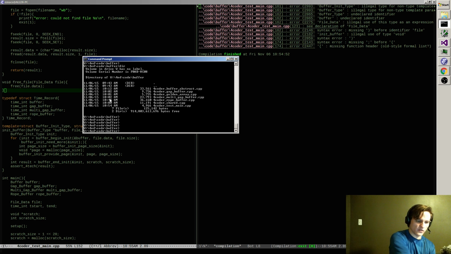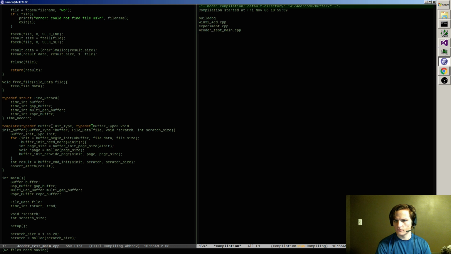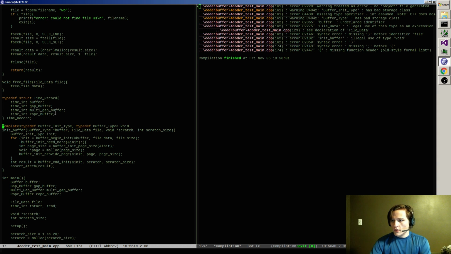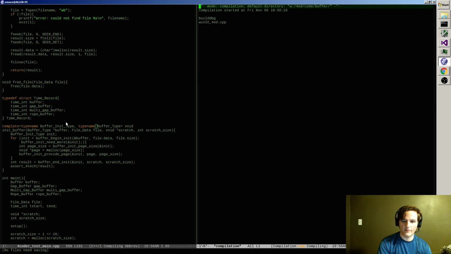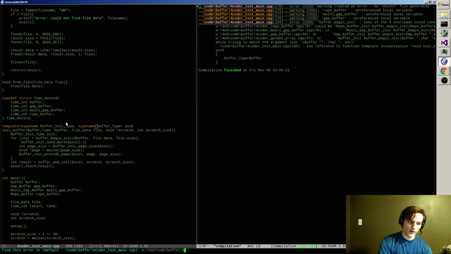It might also be that it doesn't like using struct in the template. I could switch to typename. I think it used to allow that, but we'll see. What do you know? Wow. Okay, that's pretty much the craziest thing ever. Now, what am I talking about? Typedef, typename. It accepts typedef, but not typename. Maybe it was just a different error. The fact that it has so wildly changed all of those times that I put something in there differently is kind of nuts, right? Kind of nuts. Okay.